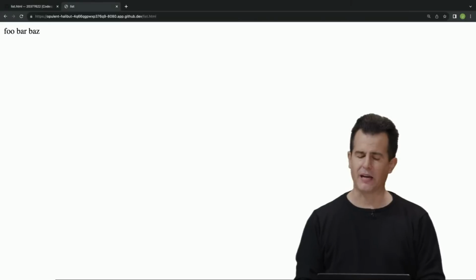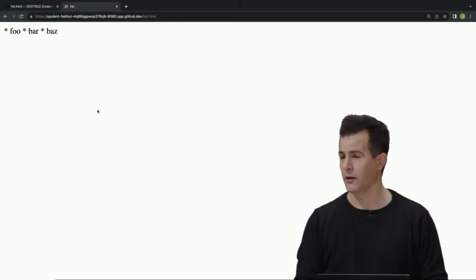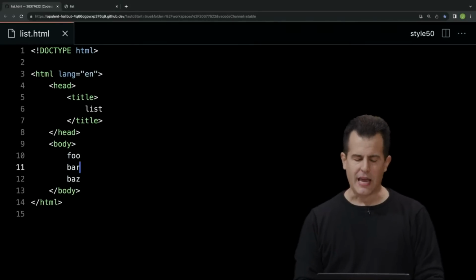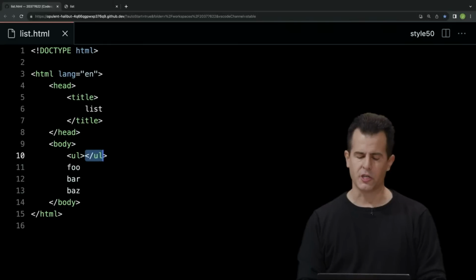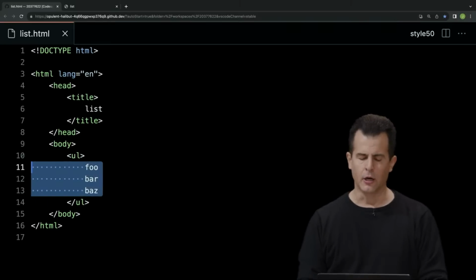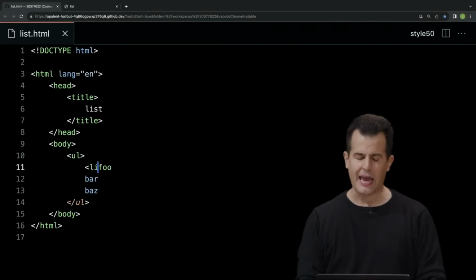But of course, if I go back to my other tab, reload, I'm just sort of making the problem worse visually. But it turns out, let me undo that, there is an unordered list tag, otherwise known as UL for short, that I can put all 3 of these words in. Let me go ahead and indent everything consistently. But to have 3 items in this list, I actually need another tag, a list item